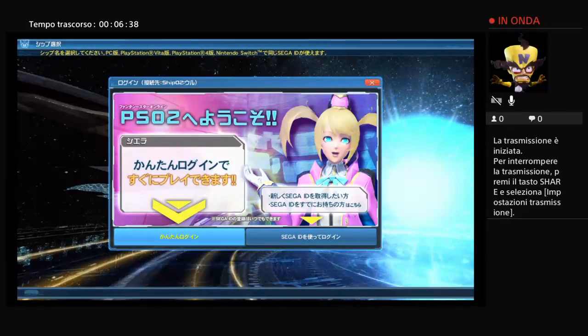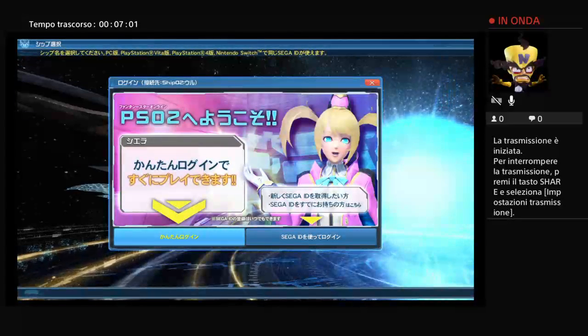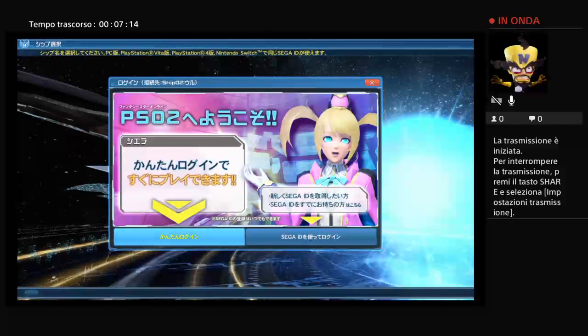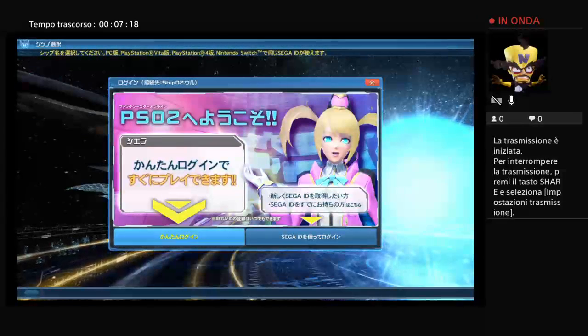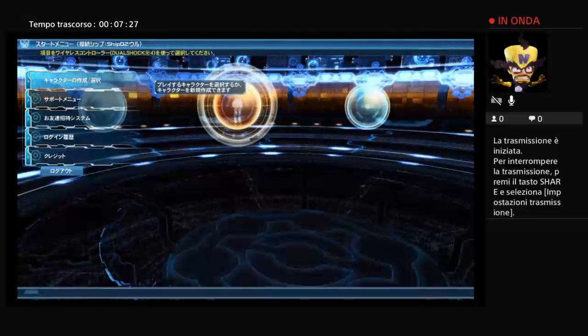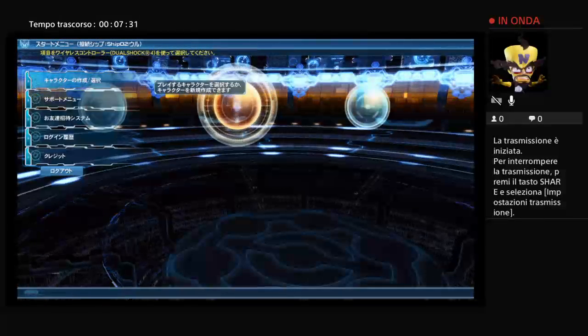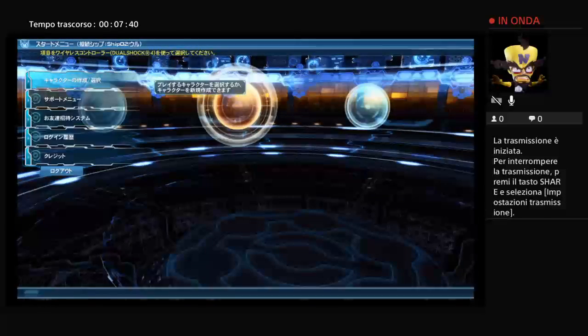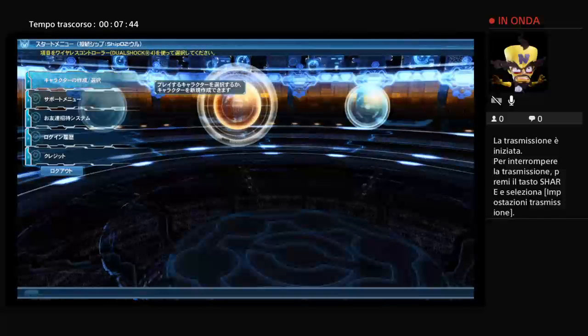This is the option which appears on the left one. The previous version was forced to use the Sega ID, but the current version has been updated. You basically play without needing the Sega ID. So if you choose the left one, which is in orange, circle, you go to the game. This is another menu to start our character creation, but after you press circle, a cutscene appears for the first time, and then you choose